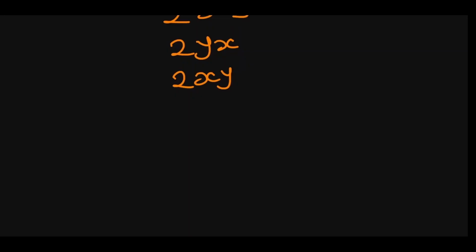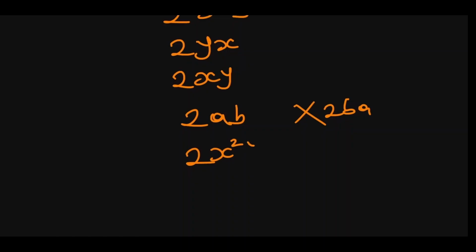This is obviously when you are creating your own algebraic expression or equation, maybe from a word problem. So you rather write 2ab instead of writing 2ba. It's better you write 2x squared y or 2xy squared instead of writing 2y squared x. So that is just to mention it in case people didn't know.